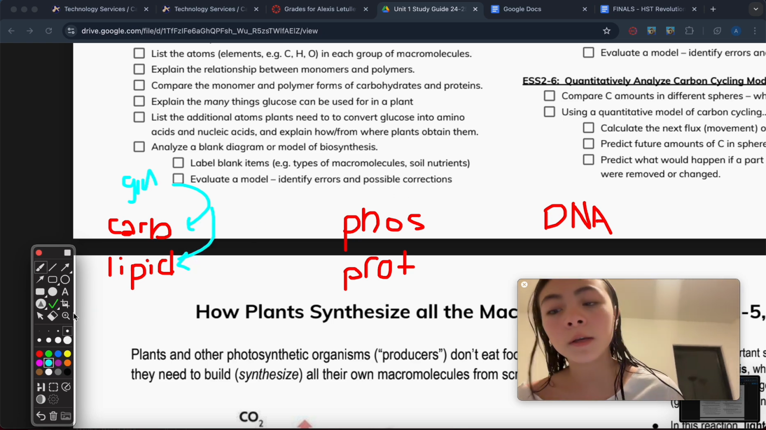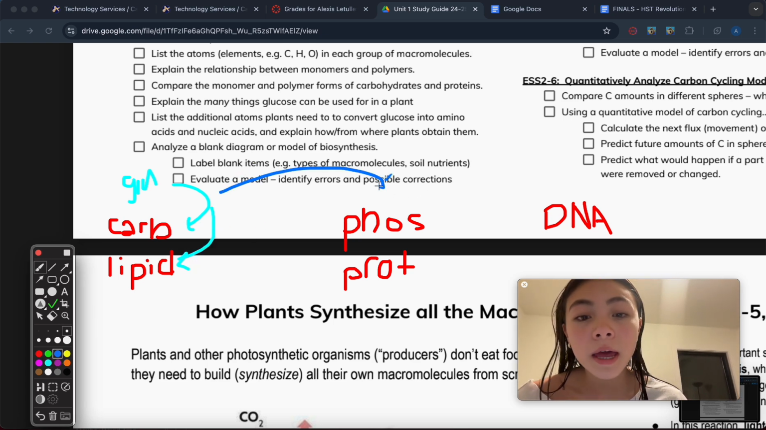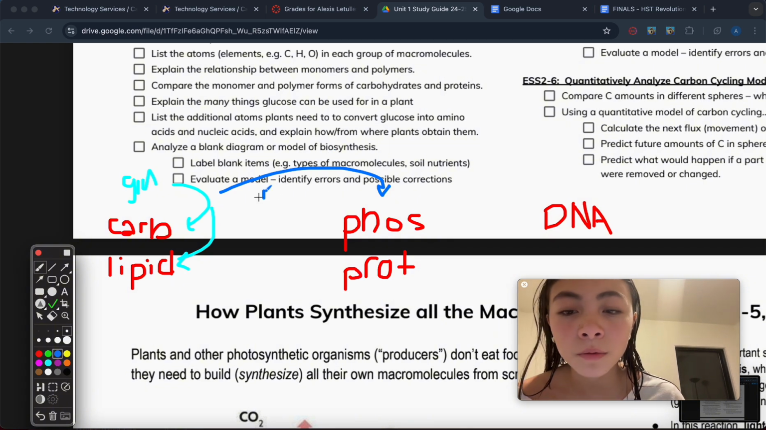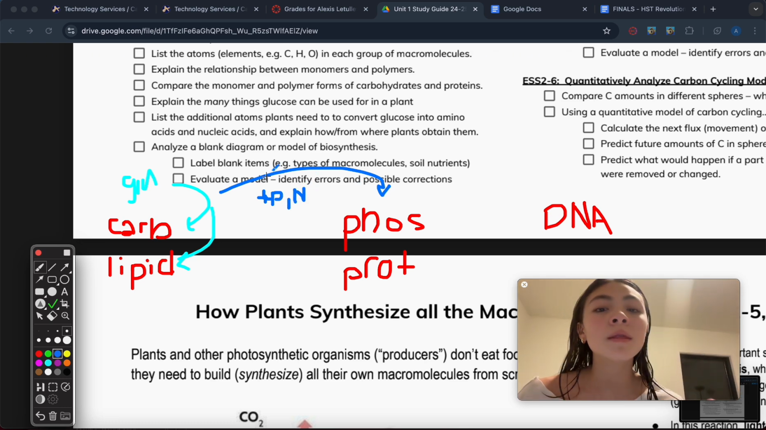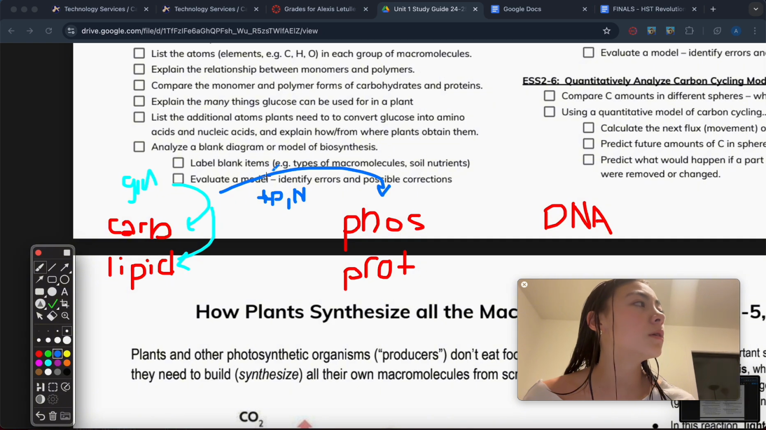However, when it comes to phospholipids, which is literally in the name, it needs 2 additional nutrients, which are phosphorus and also nitrogen, which the plant gets from